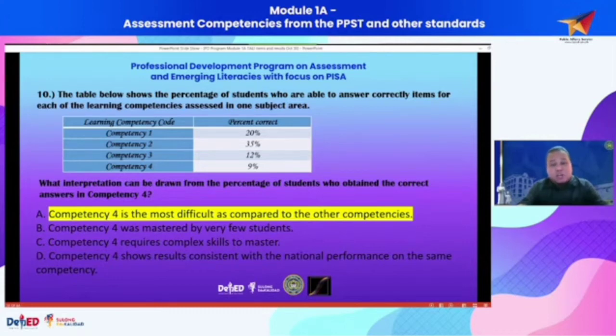But option B in a way is logical and reasonable. If we're using a SOLO taxonomy scoring, option B most likely will not get the best score of 3, but possibly 2 or 1, at least 1 but not 3, because we have the best answer, and that's option A.